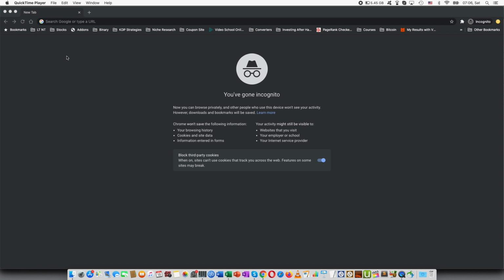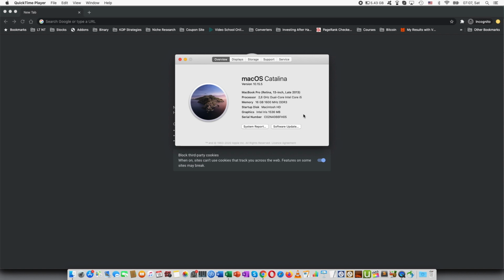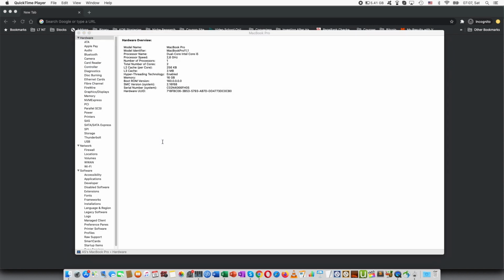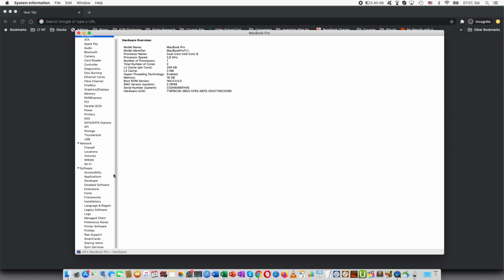So the way you can check the applications is to go to the Apple icon at the top, press About This Mac. You can see that I have already updated my macOS to Catalina. Press System Report, and then there are two places you might want to check. The first one is Legacy Software. I have updated most of my applications. However, you would be able to see information here on which ones